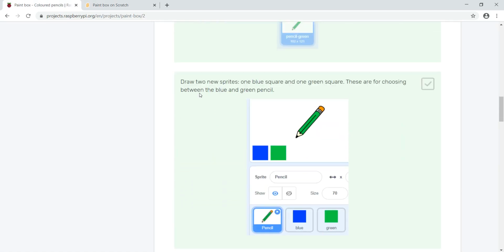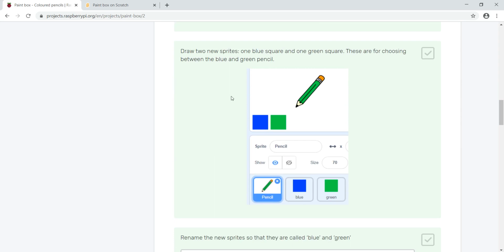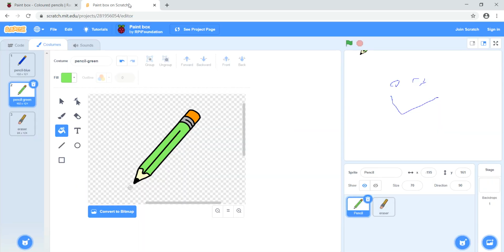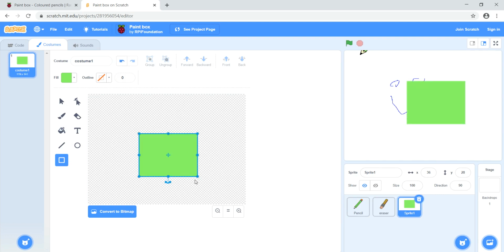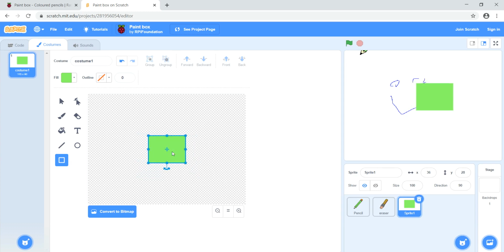Now we need to draw two new sprites, one blue square and one green square. These are for choosing between the blue and green pencil. So we're going to create a blue and a green square. So let's do that now. So under our new sprites, we're going to paint a sprite this time. We're just going to grab a square. We're going to have a green square. Let's go that big. Ooh, that's a bit big. Let's shrink that a bit. There we go. Can make it smaller on the screen anyway. And we'll call this one